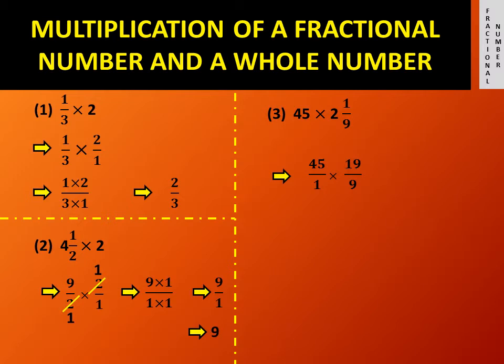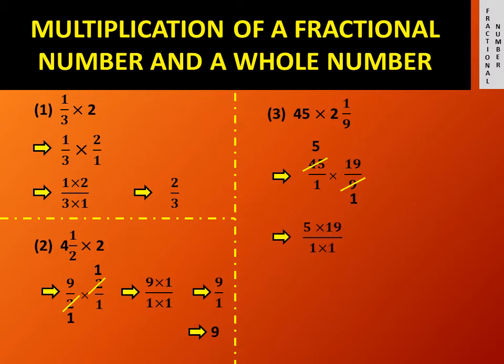That is, we need to find a number that divides the numerator and the denominator, so that we can cancel them out first. Here I see 9 divides both 45 and 9. So cancel them out by 9. 45 divided by 9 is 5 and 9 divided by 9 is 1. Pay attention. If both numerator and denominator are divisible by the same number, we need to cancel them out by the same number. Since now it cannot be further simplified, we multiply.